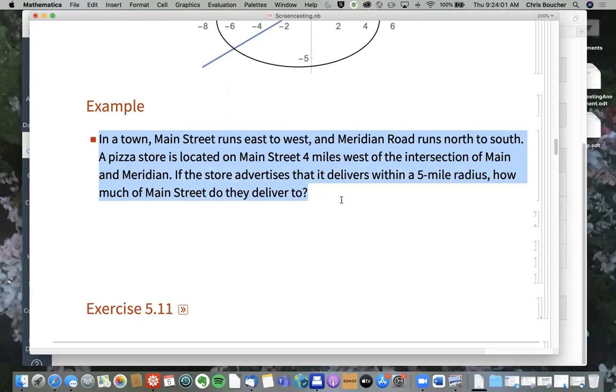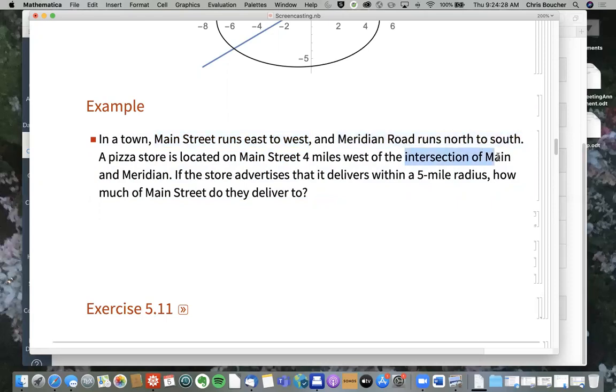And this seems like a pretty visual problem, right? I've got one street that runs east-west. All right, well, that's going to be left-right when I write it down, and another one that runs north-south, so that's going to be vertical when I write it down. And then I've got a pizza store that's located on the east-west street, and it's 4 miles west of the intersection. So the first thing I would do is draw 2 roads, one running left-right, one running up and down,